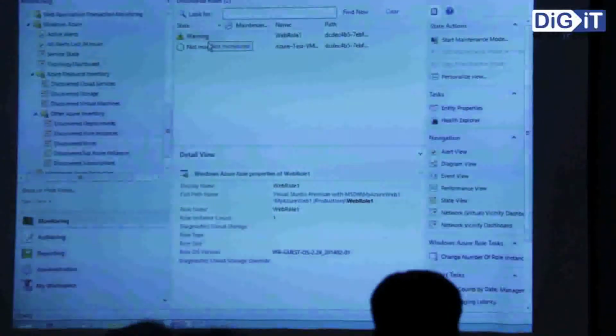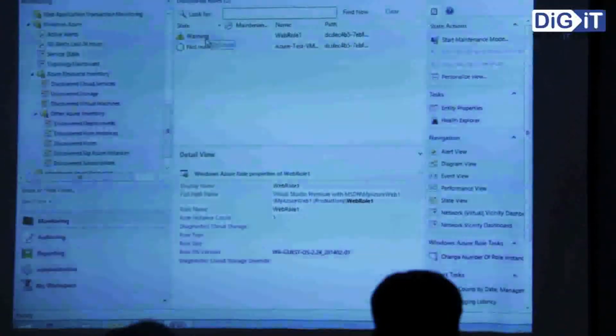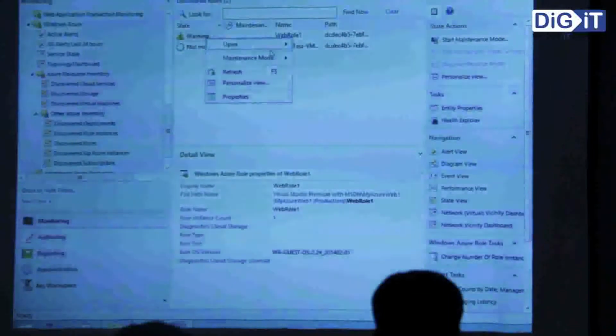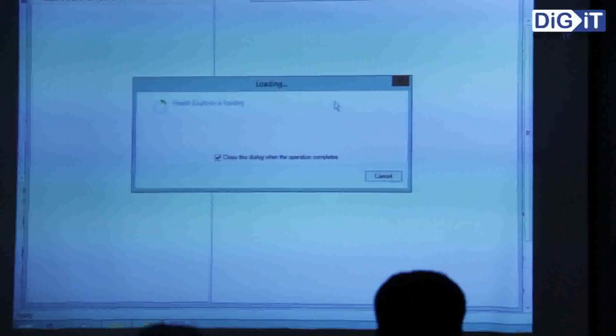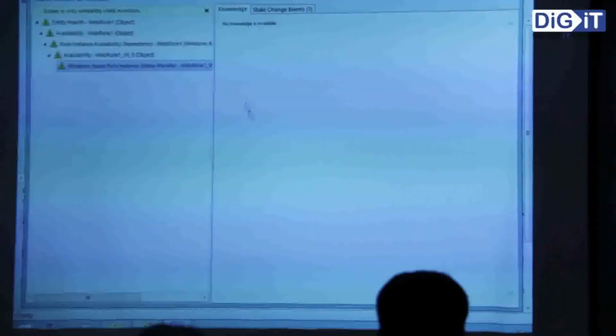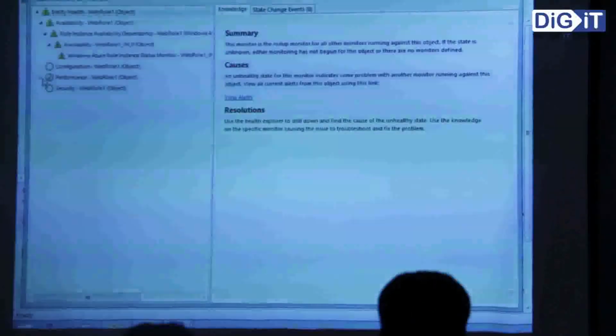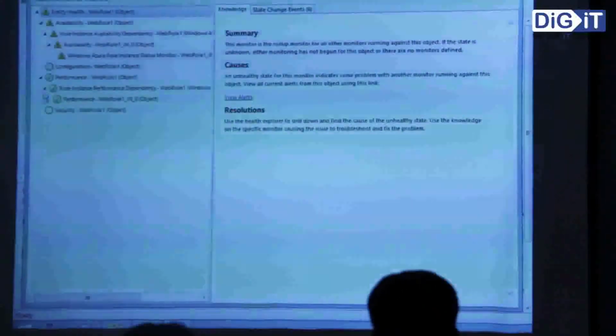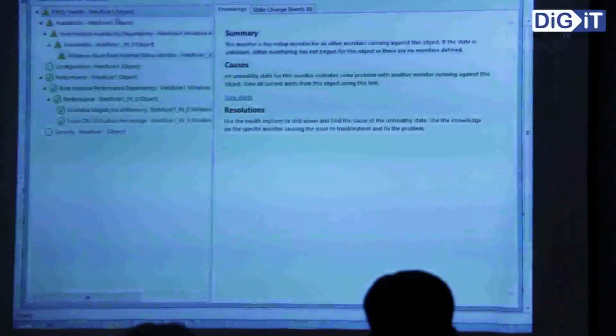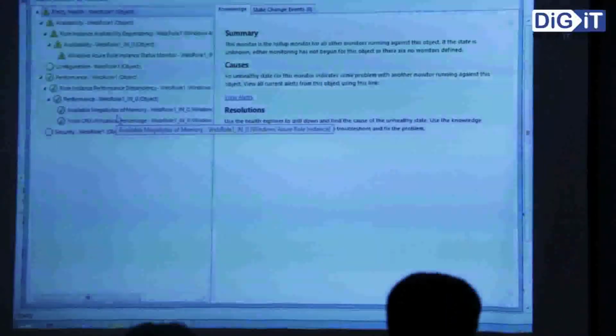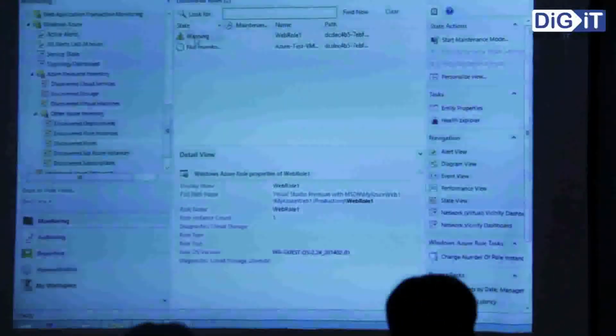Okay. So let's assume when you see this, you want to know what's really going on. So you right click that and say Health Explorer. Then try to go for the detail level for the health. Now, once you do that, you can see there are a lot of components. This is what actually tries to give the idea of what I am monitoring on this particular application on the Azure side. All the components. So you get an idea about, okay, these are the components it keeps on monitoring, and if I want to get a visual diagram,